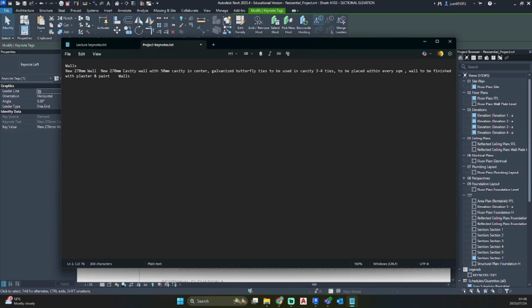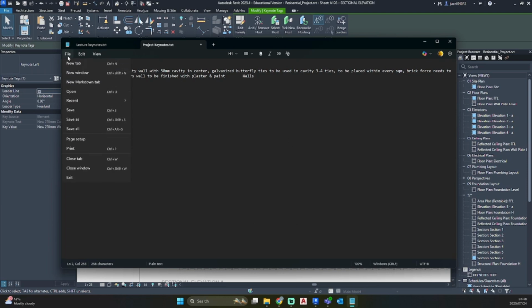Just change my spelling. Square meter. Brick force needs to be added every 45 brick layers. And now we have a new specification.